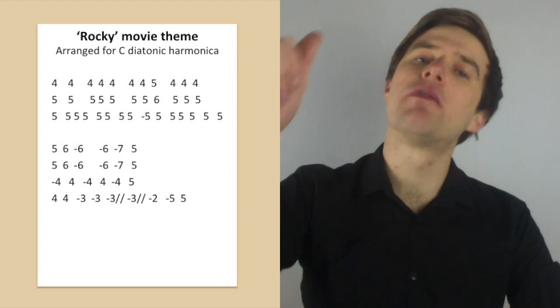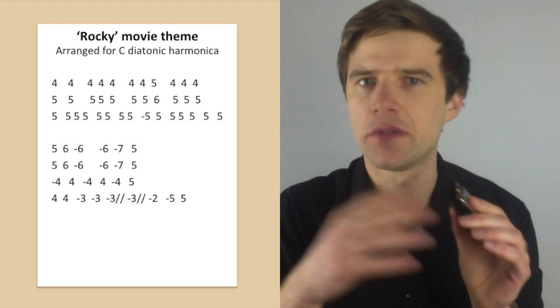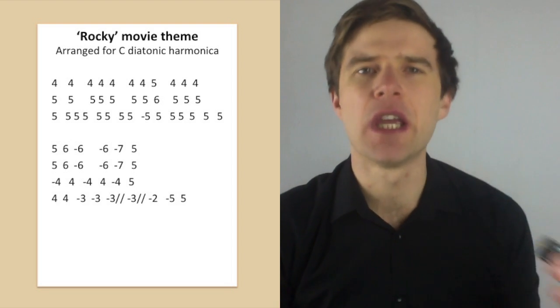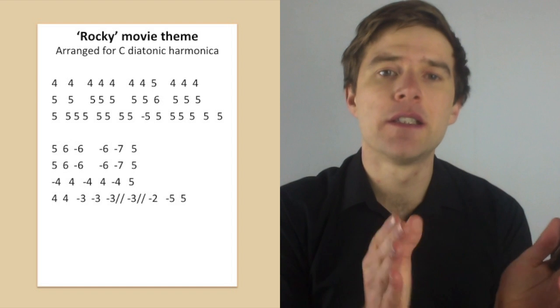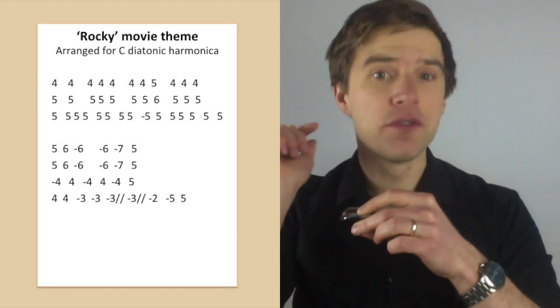And then we've got 5 draw, and this is the bit where I've added another part in just to keep it as close to what is an imitation of the tune as I think I could manage with just one instrument. So we've got da da da da da da da da, and then a 5 draw, and then